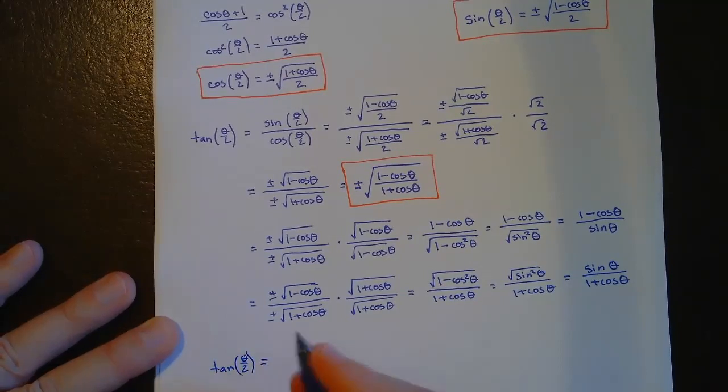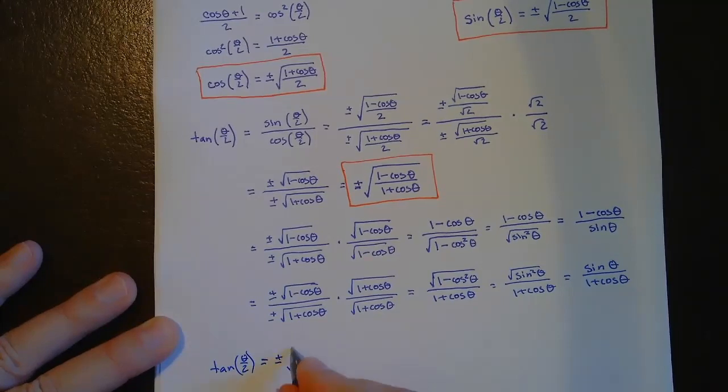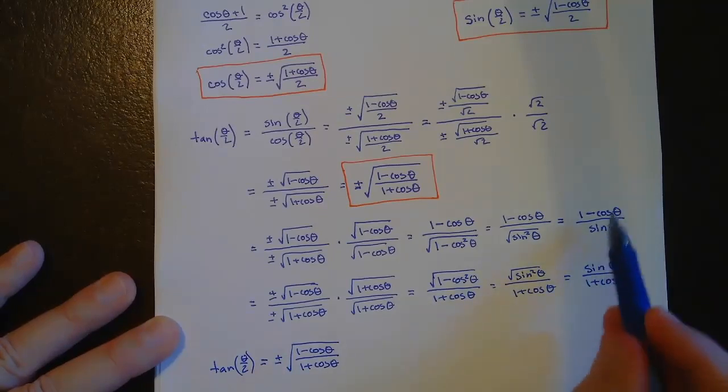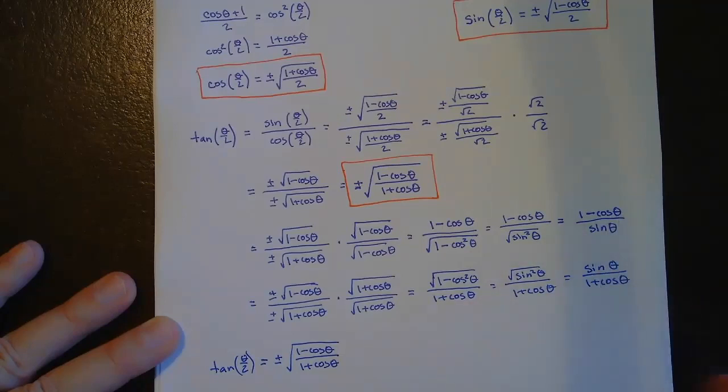that could be equal to plus or minus the square root of 1 minus cosine theta over 1 plus cosine theta. But we have to determine the sign, because here's the thing: square root's always positive. If we square root something, it's going to be positive. So that's why we need the plus or minus. But over here, these are sometimes positive, sometimes negative, depending on the angles, and everything gets taken care of within this. Okay, so another version of this is 1 minus cosine theta over sine theta,